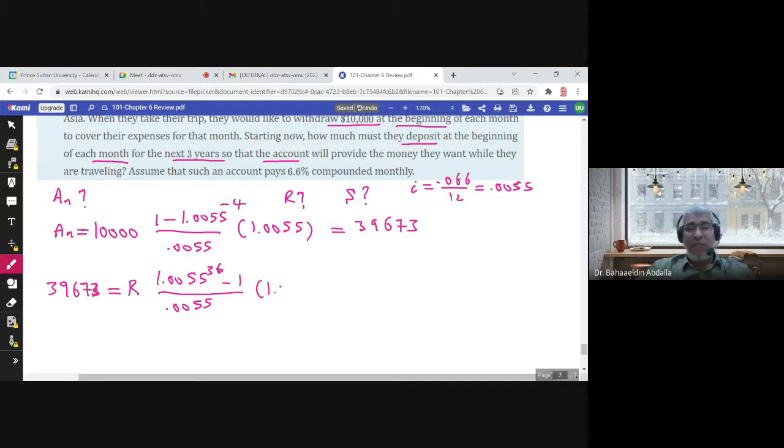So this is an annuity due, so we need to multiply by 1 plus I. If you divide now this amount by all of this amount, you will find that R is 994.08. So this is the amount they need to deposit each month for 3 years to get what they need